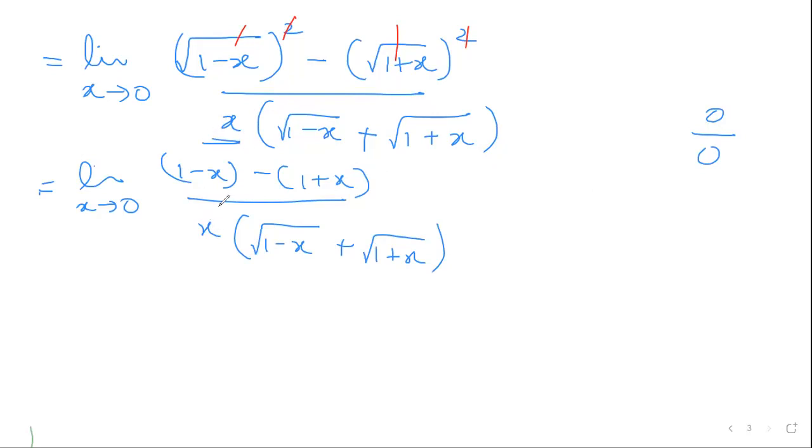So I have to figure out some way to cancel it out, right? So what I do is I just open the bracket after rationalization. I hope the rationalization process is clear to everyone. They ask at least one question on rationalization usually. So please make sure that you understand rationalization. Let's go ahead. So when we open this bracket up, this minus sign multiplies inside. So minus 1 minus x.